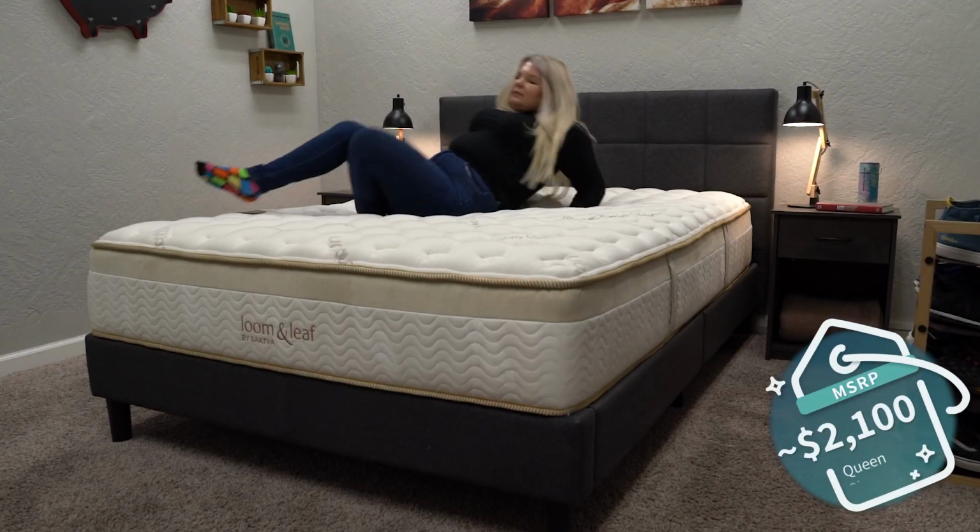And in terms of the Loom and Leaf mattress, you can pick up a queen size for around the $2,100 mark for that queen size MSRP,